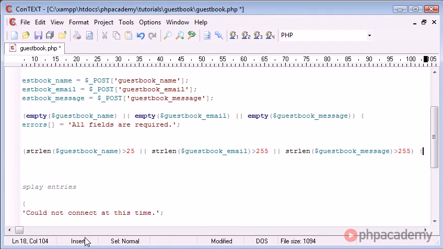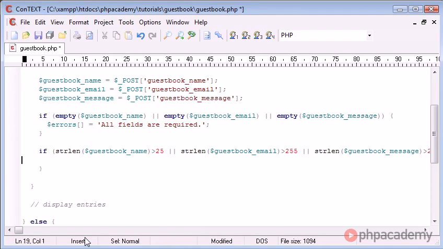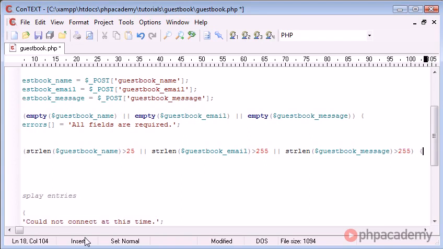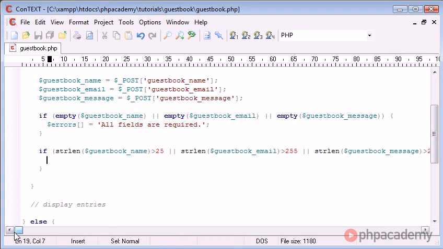So we can break down into a block here if you like, and we can say errors equals one or more fields